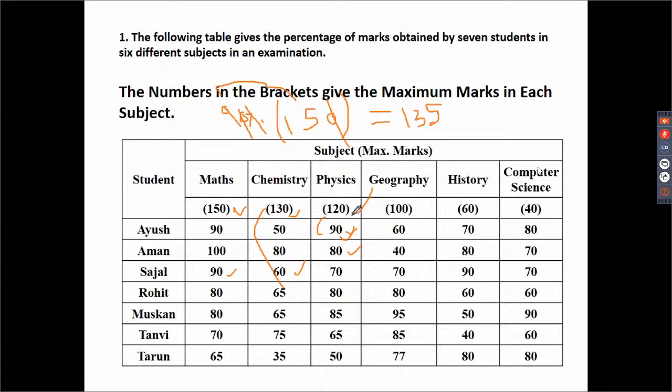The total marks obtained by all the 7 students in physics is equal to